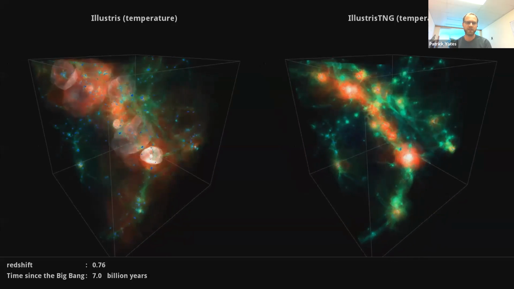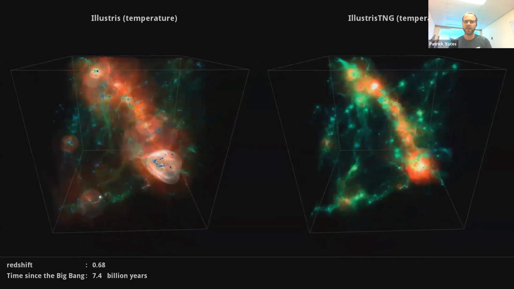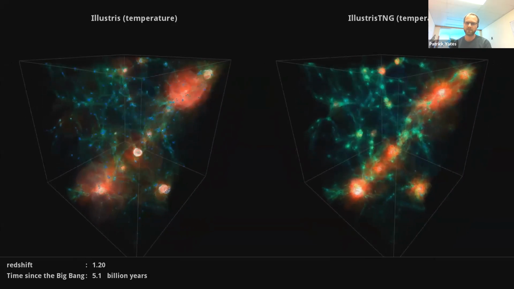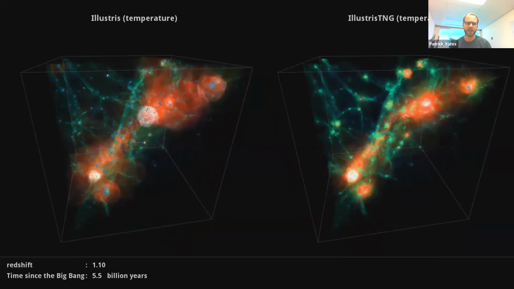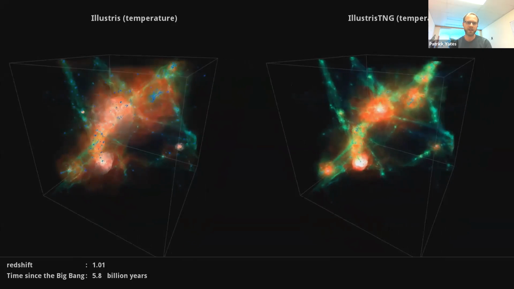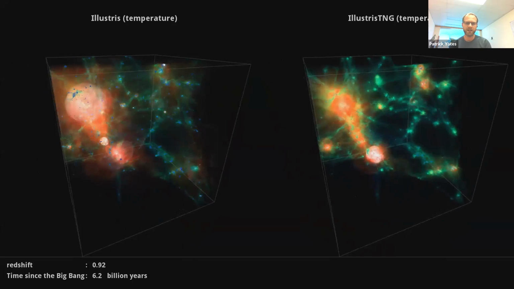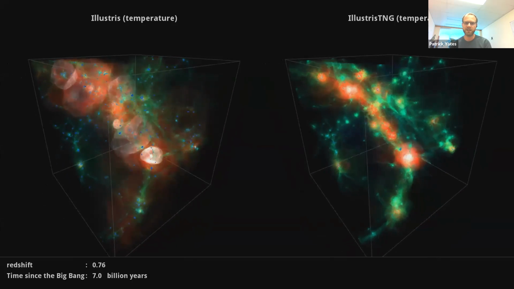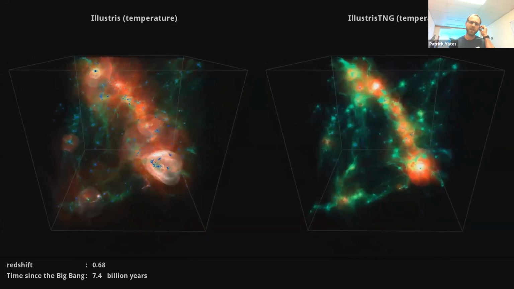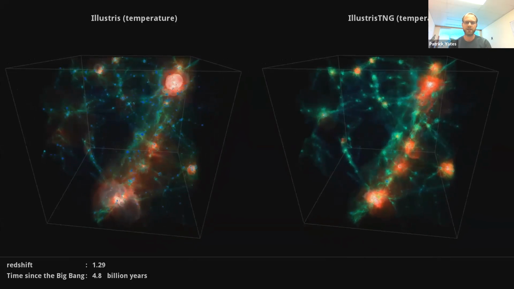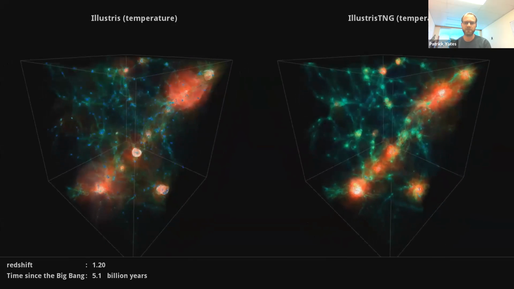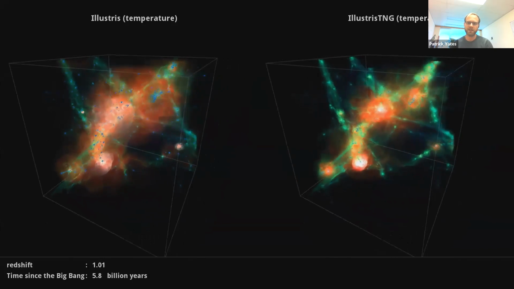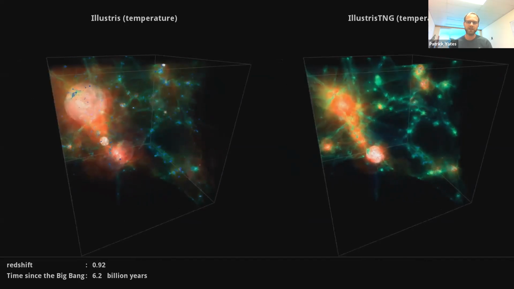So here, the movie that's playing on the slide, hopefully it comes through okay. We're looking at the temperature evolution in the IllustrisTNG simulations, where IllustrisTNG is one of the state-of-the-art cosmological simulations. The prescription for AGN feedback in these simulations is to inject either thermal or directed kinetic energy into the environment. These are part of the localized increases in temperature, which we see as the red-orange blasts in the movie. While this is a good approximation for how AGN inject energy into their surroundings, in reality, more complex